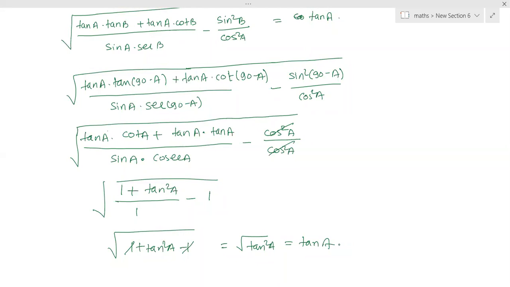Tan A into cot A, always remember it is equal to 1. Sin A into cosec A, always remember it is equal to 1. After completing the full 100, how many questions have you done till now? If you have counted all your exercises also, 100 questions you have solved, more than that. Still you are not able to understand that formula. This means you are not solving by yourself, copying from here and there.